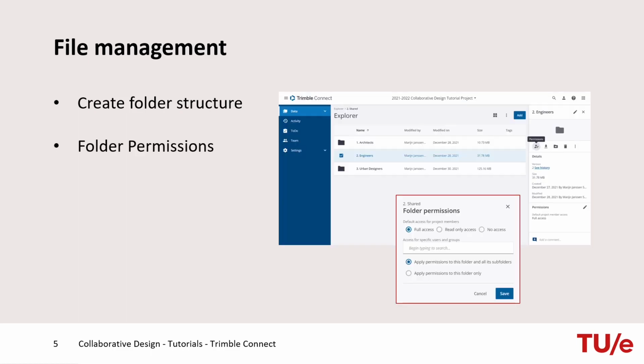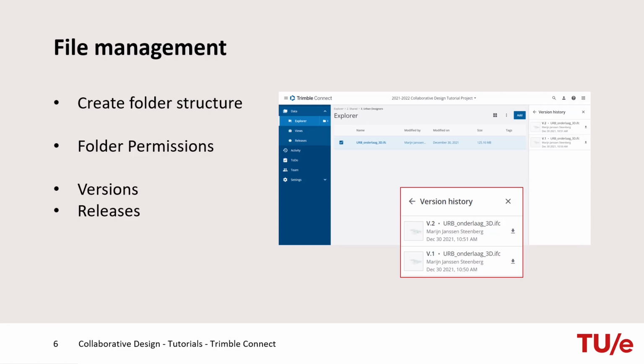Multiple users can work on one project in Trimble Connect. With folder permissions, visibility of folders can be restricted based on user groups or individual user accounts. Trimble Connect allows you to track, download, and view the revision history of your uploaded files. Using the File Detail panel, you will have access to all the revisions of a file, and view or download a particular revision of the file.